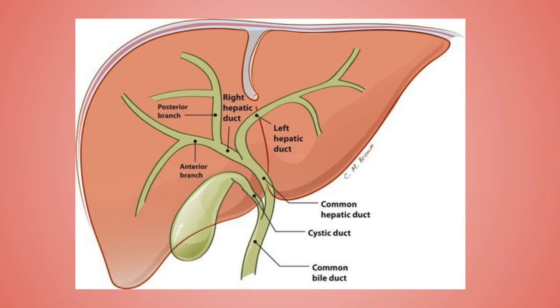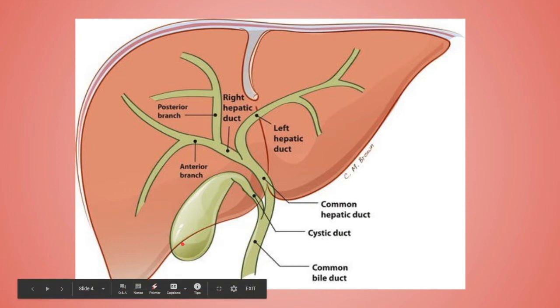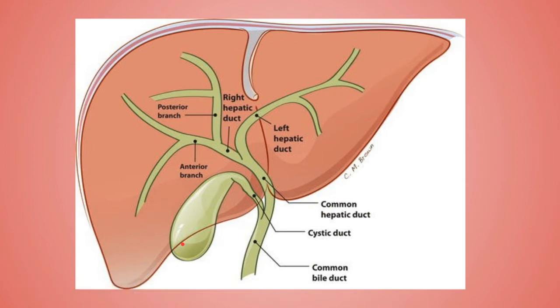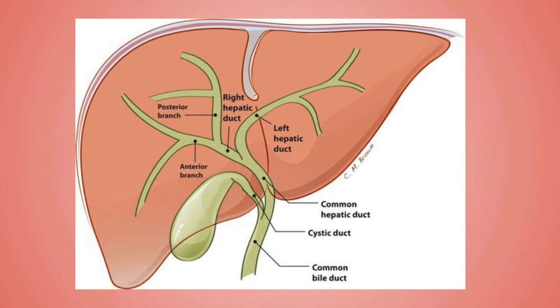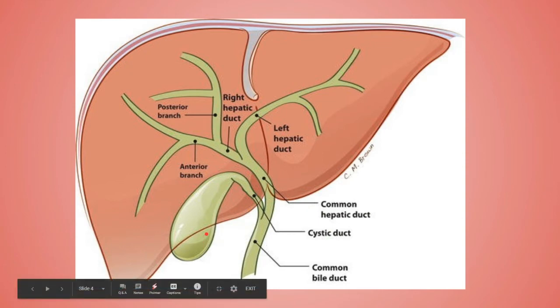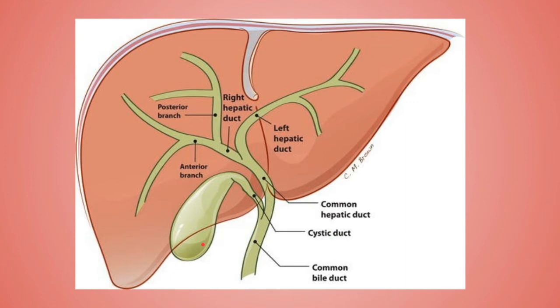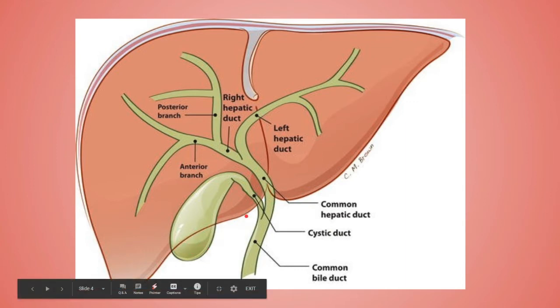If we talk about the specific location of this fundus part, it is present at the angle between the lateral border of the right rectus abdominis muscle and the 9th costal cartilage. This fundus part is fully surrounded by the peritoneum, and anterior to it there is the anterior abdominal wall, and posterior to it there is the beginning of the transverse colon. So remember, in front of this there will be the anterior abdominal wall, and posterior to this there will be the transverse colon.